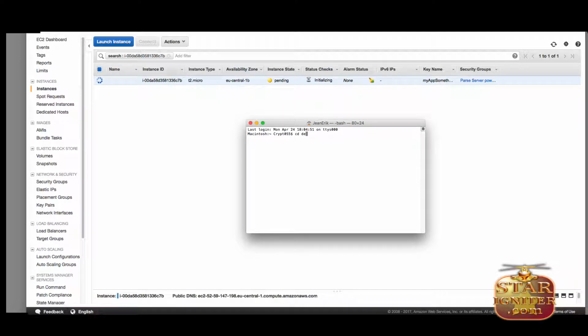It was on the desktop, if I remember right. Yeah, and I have a key pair folder. Let's see if it's there. My app something. It's a text file. It should be just a PEM file. So we're gonna move it to my app